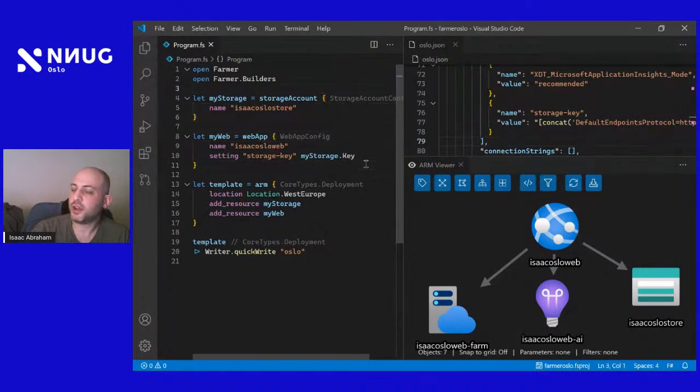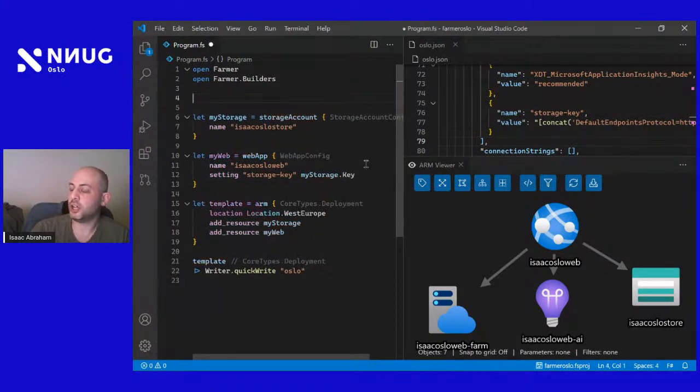So things like if I wanted to make a variable, that's a common thing in ARM templates. We don't actually support variables in ARM. We don't need to because we're using F#, which is a proper programming language. So I can make a variable just natively. So let's call it something like environment equals test. And over here, I can then do things like